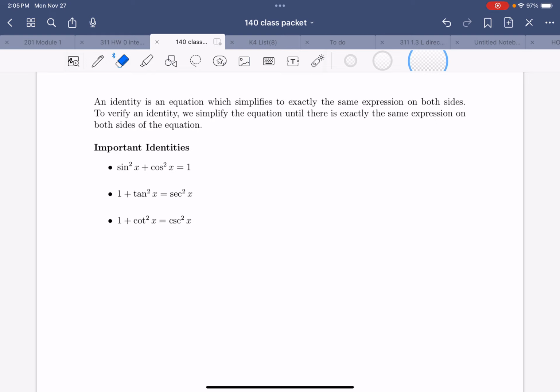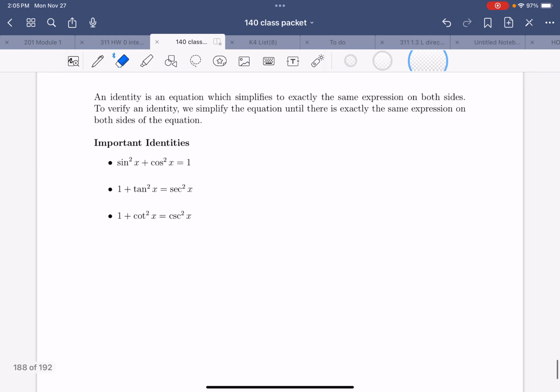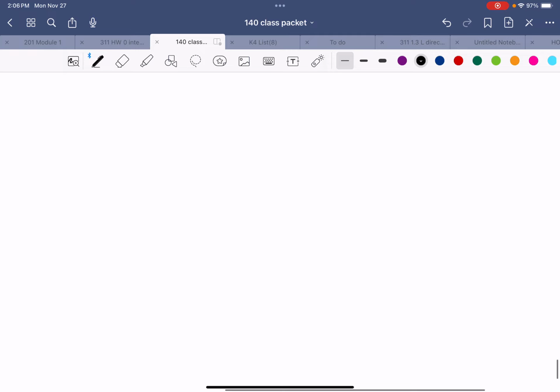Okay, now here are three additional identities we have. We did some basic ones back when we learned definitions of trig functions, but here I have three more, and I want to show you where they come from. So if I take a look at the unit circle,